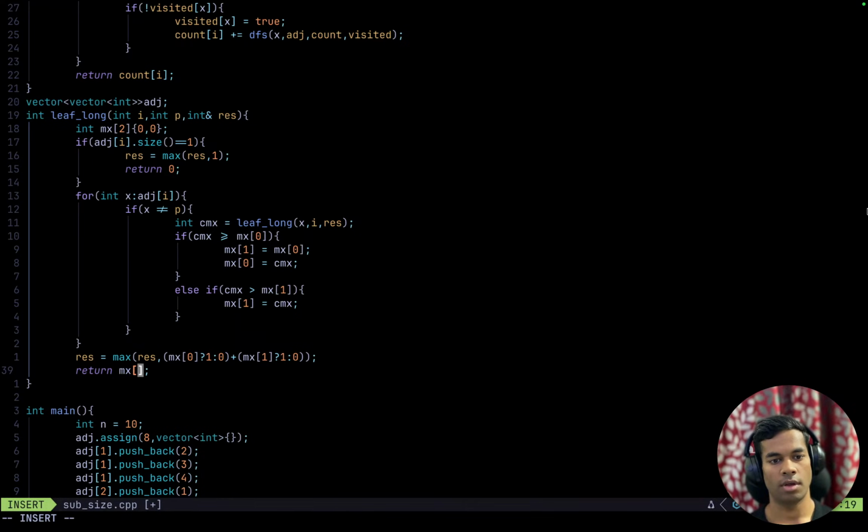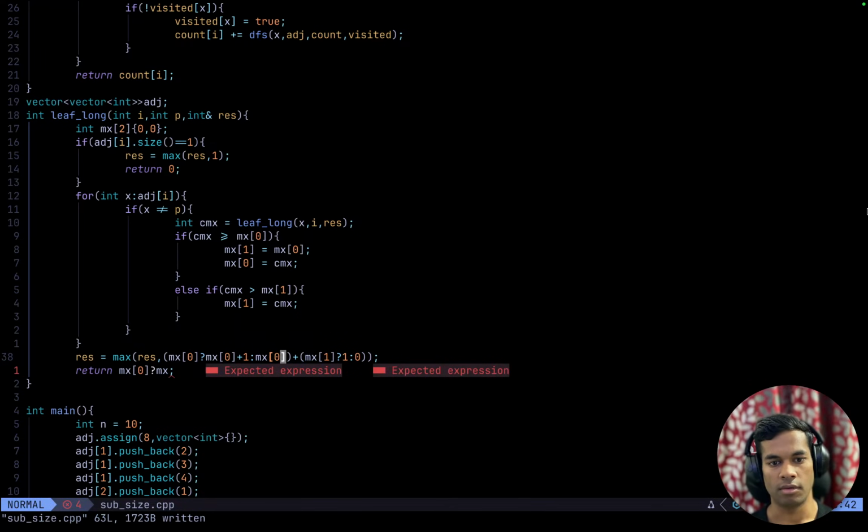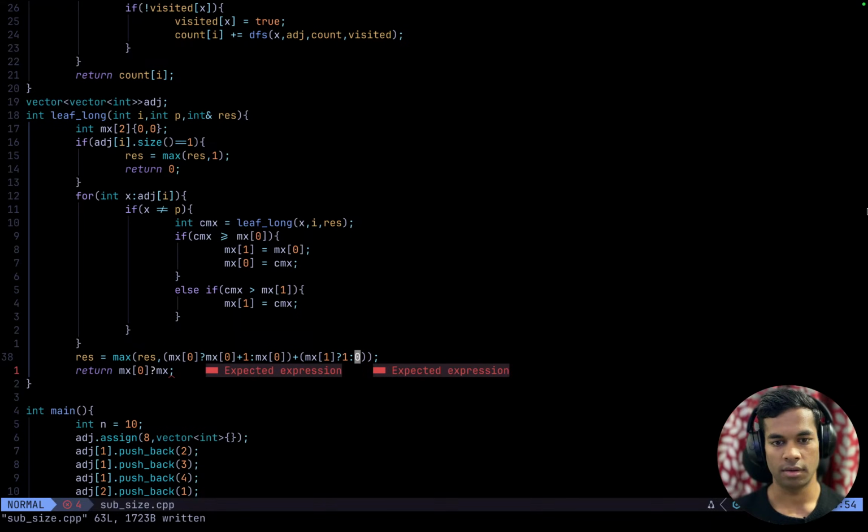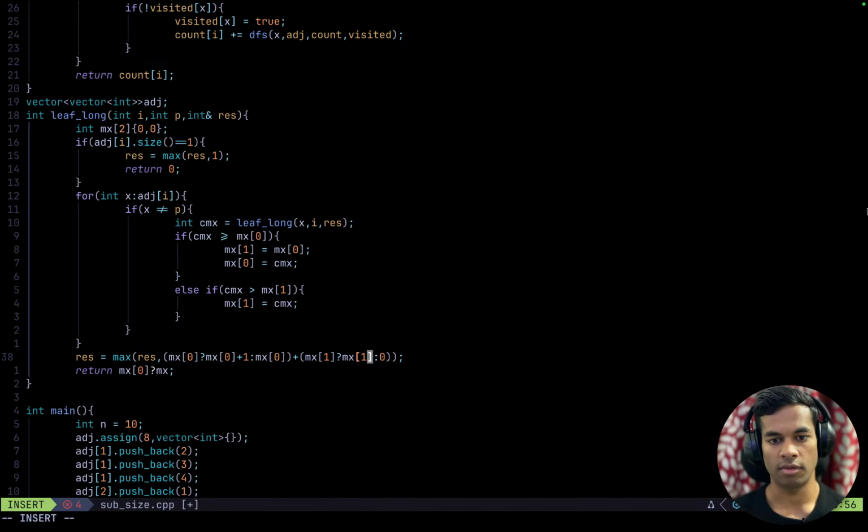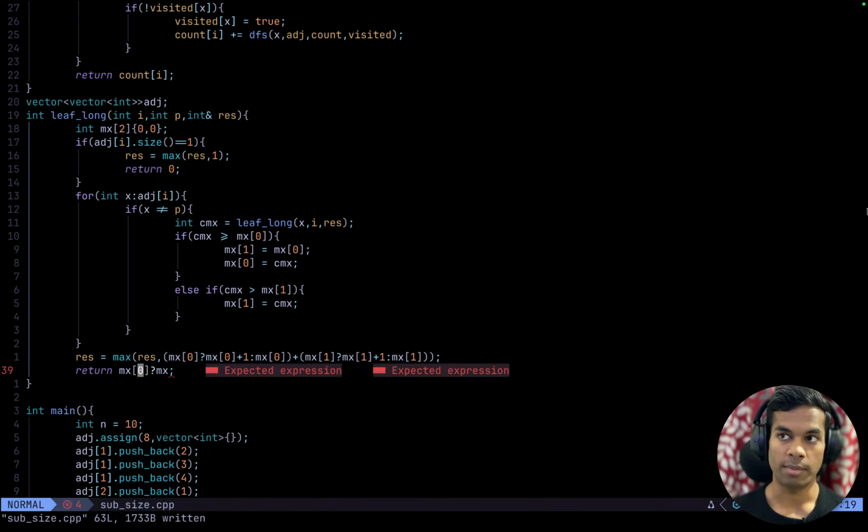Yes, mx0 is something, then one. Okay, mx0 plus one here, otherwise mx0, and here also mx1 plus one, otherwise mx1. And here, if mx0 is something, only then if mx,